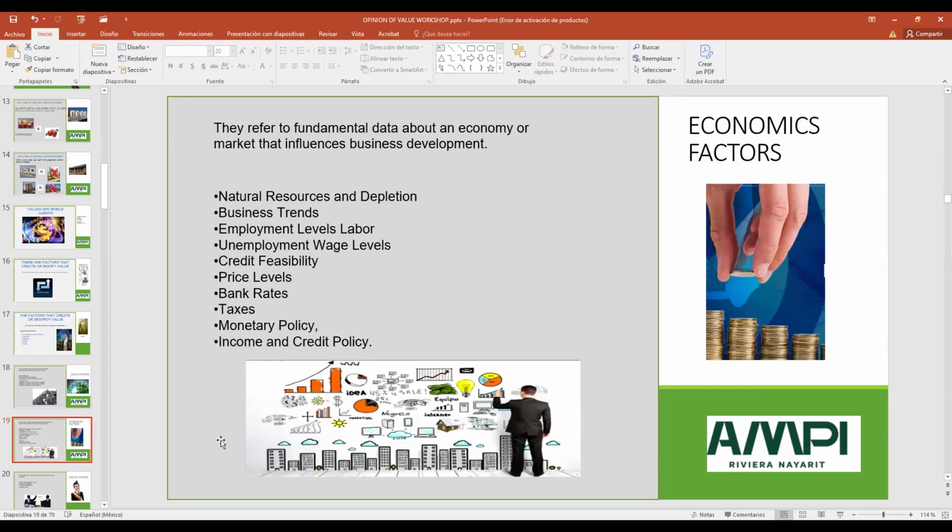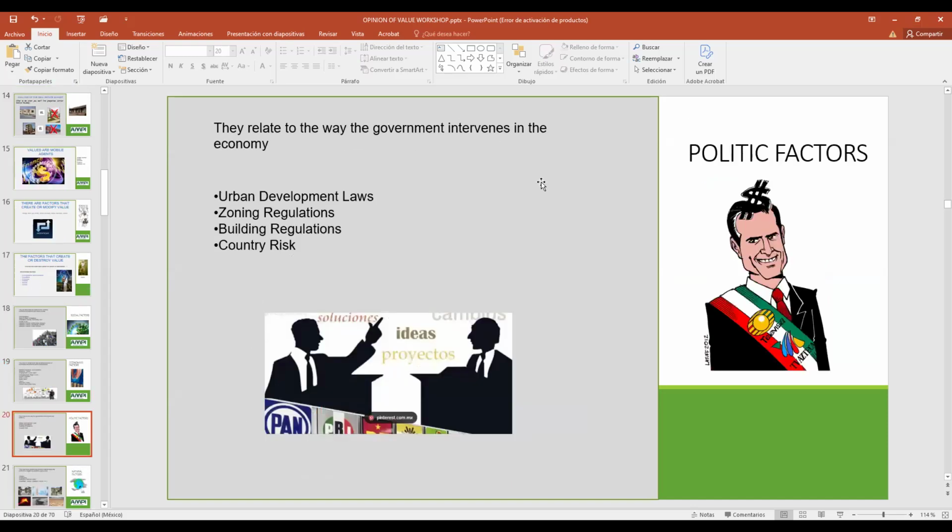There are other factors, economic factors: the business trends, employment levels, unemployment, credit, price levels, the bank rates. All these factors can create or destroy values. But there are more factors, political factors: urban development laws can increase values or can push prices to fall.